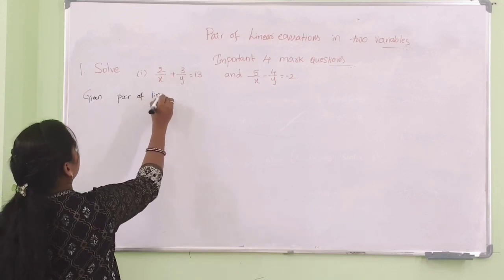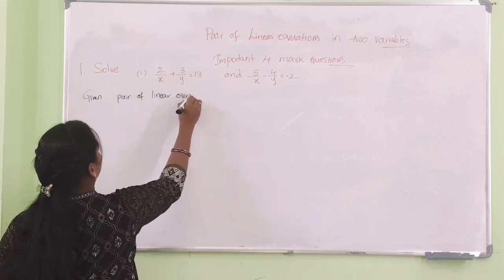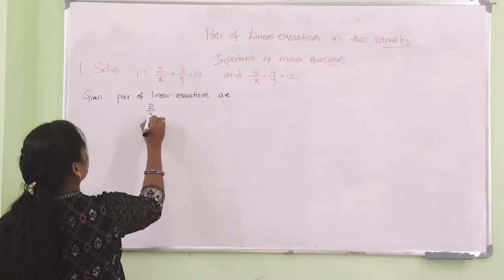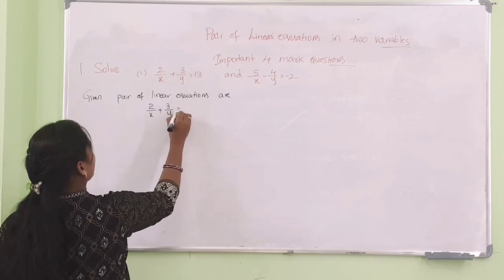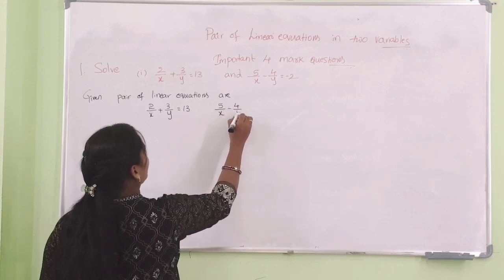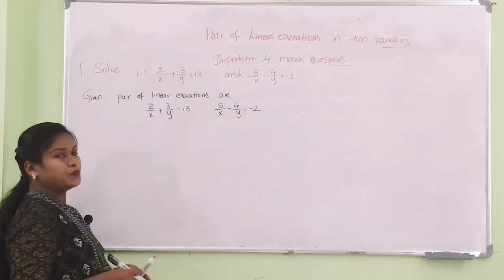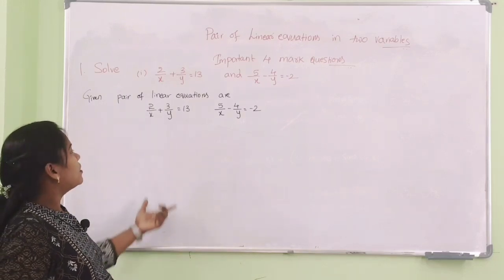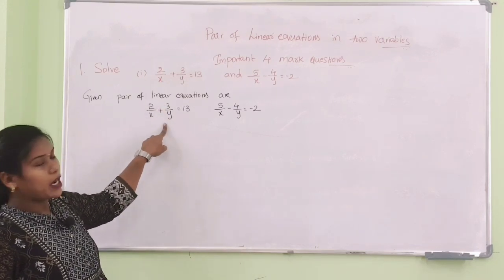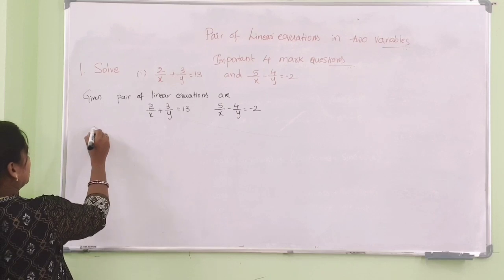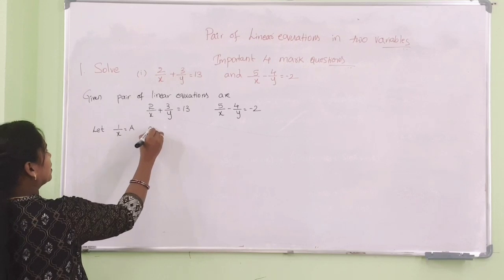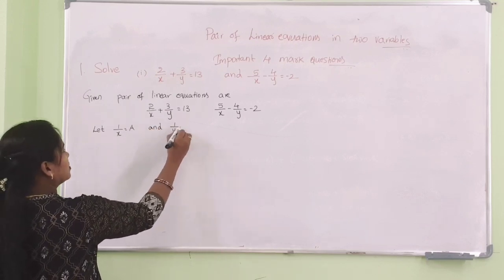Given pair of linear equations are 2 by x plus 3 by y is equal to 13 and 5 by x minus 4 by y is equal to minus 2. In this type of problems we have to consider 1 by x as a and 1 by y as b. So I am going to consider 1 by x is equal to a and